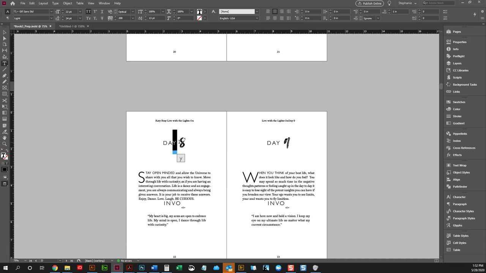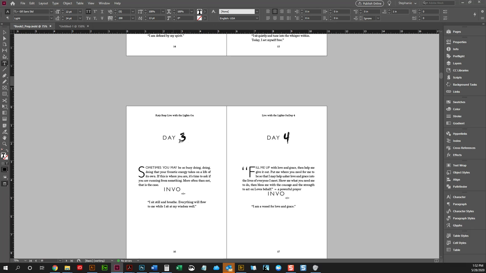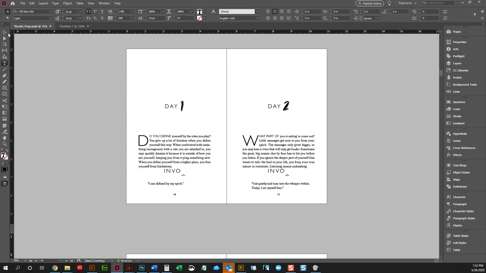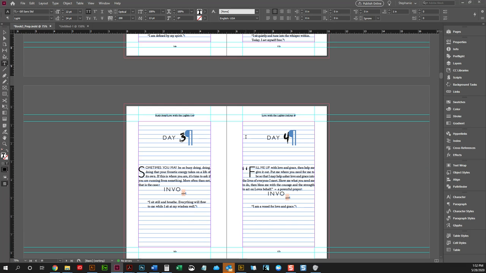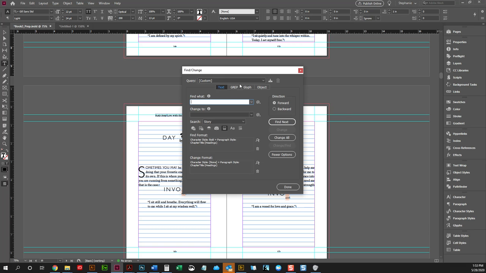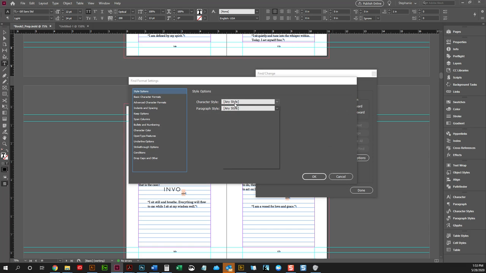However, you will see that there is still a large space here. So I'm going to run a GREP search to replace that space after "Day" with the thin space, so that all of these will be uniform. To do that, we're going to go back to our find menu, and we're actually going to delete this and say